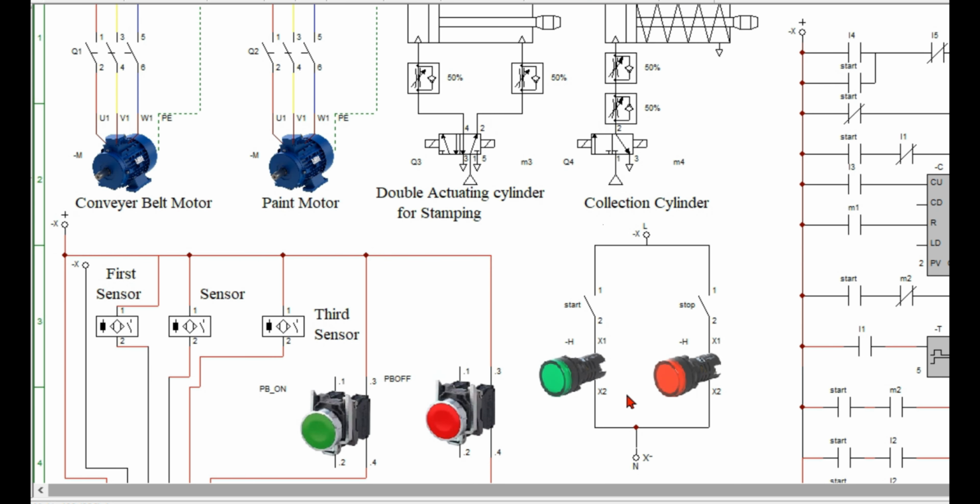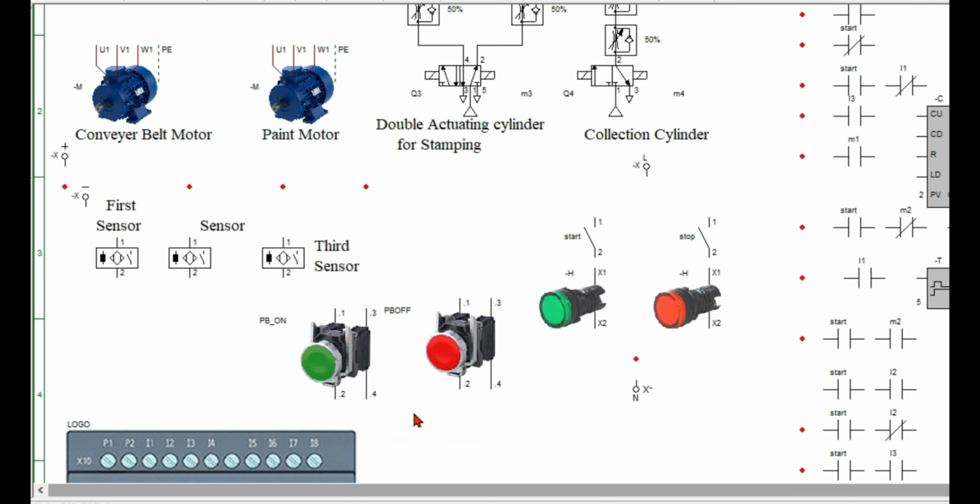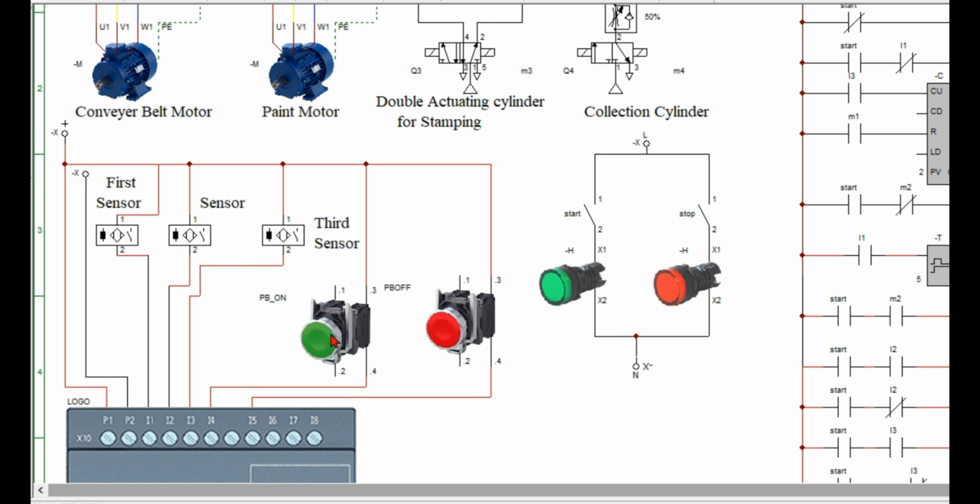Here I have added two LEDs to indicate the process status. The green LED will indicate that the process has been started, and the red LED will show that the process has been stopped. These are two buttons to start and stop the process. These are three sensors,